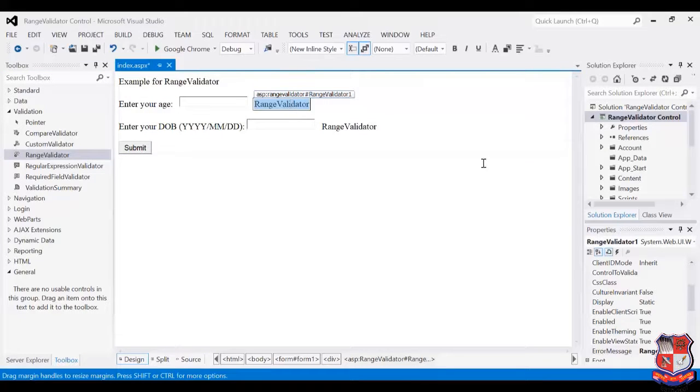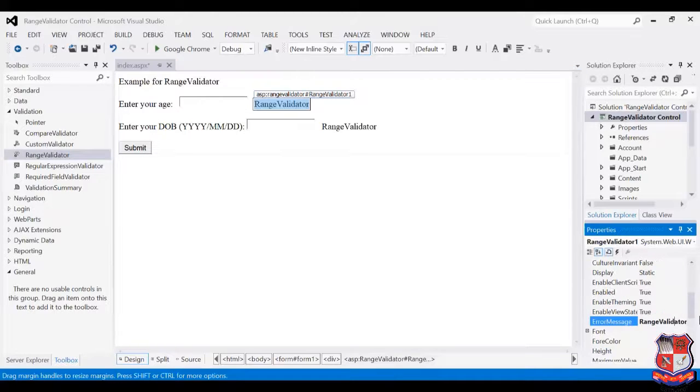Okay, I'm selecting the first range validator control, and this is for age. I'm changing the error message. I'm giving the error message like this: invalid age, please enter age between 20 to 40. So I am setting a constraint over here: the user can enter his age between 20 to 40 only. If he or she enters a value outside the range, then this range validator control gives an error